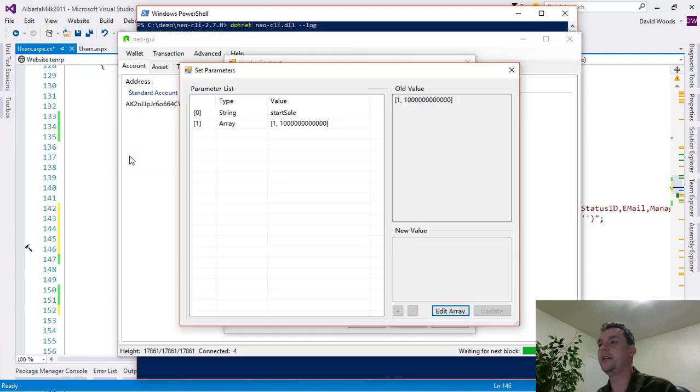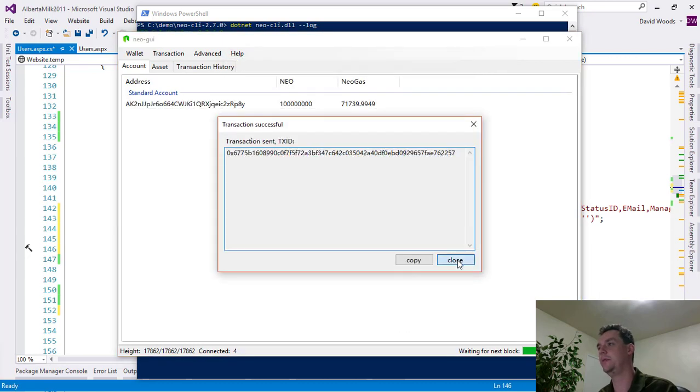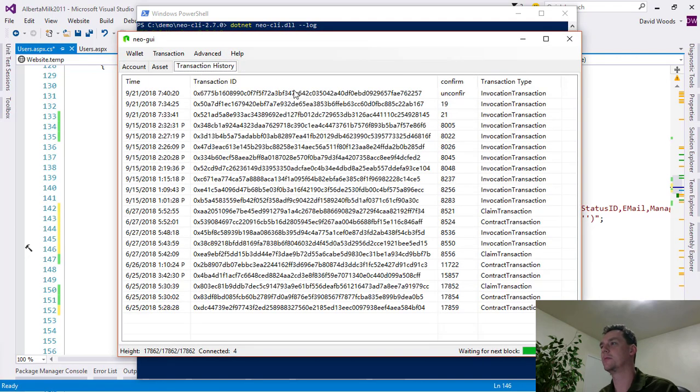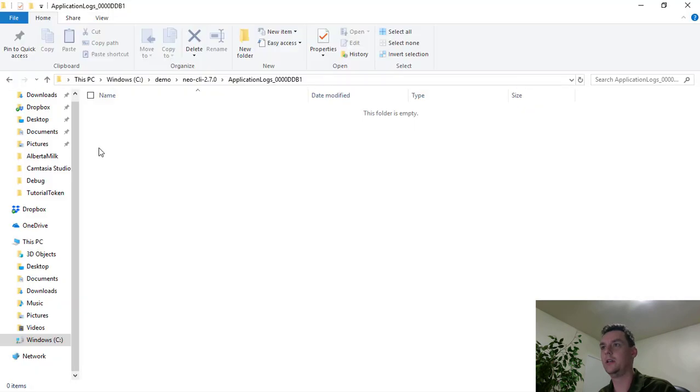So NEO-CLI is running here. I've got my function all queued up here. I'm going to call start sale on my tutorial token. If you followed my ICO videos, that's where this is from. I'm going to test that, and I'm going to invoke that. So I'm just going to look at my transaction history here and see if this confirms. And if it does,